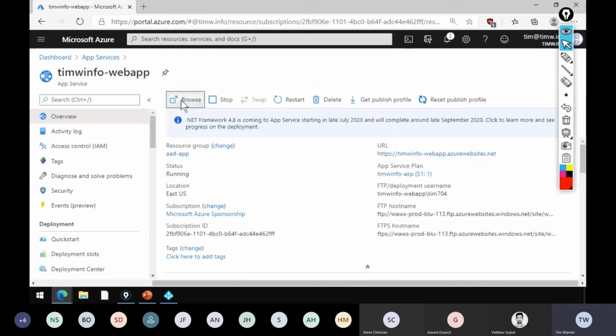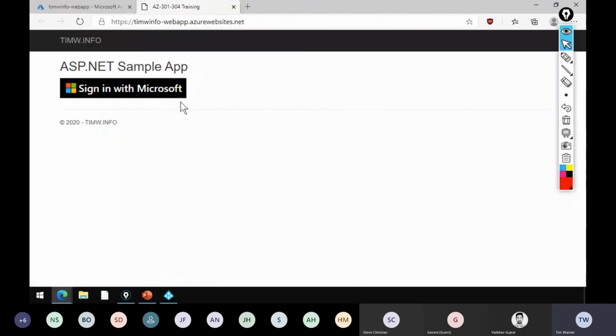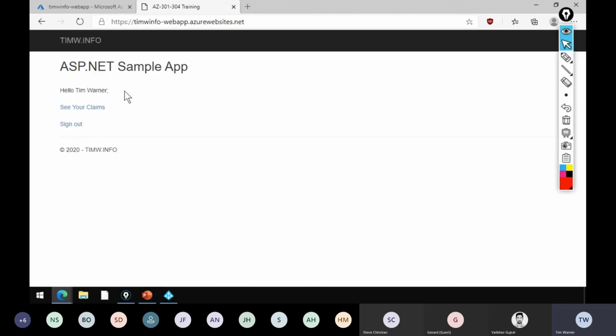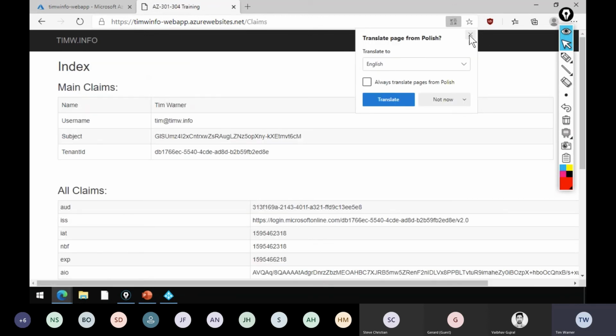This sample app, when you browse to it, it's just a simple hello world kind of deal. We hit it anonymously originally, and then we've got this button to hit the sign-in page. And this is using Azure AD, although the button might lead you to think it was using something like the social media stuff. It's not. It's just going to do a login.microsoftonline.com request. I'm already signed in as Tim at timw.info, so it took me right in. And the source code of this sample app allows you to see the specific details in your token.